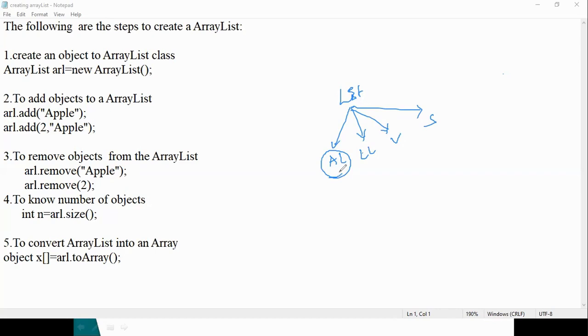Sir, what does ArrayList mean? It's a class, beta. This is the class which is implementing the List interface. That is the only relation, right? Now, basically, this ArrayList internally uses a dynamic array. By using this dynamic array, it can store duplicate elements,